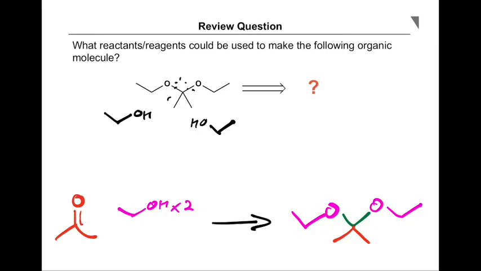Most important thing to focus on with these: how many carbon-oxygen bonds do I have right here? 2. How many carbon-oxygen bonds do I have right here? Also 2. That helps you identify where the carbonyl was. It's now masked. This carbonyl center here is what we're dealing with. It is not that. It is not that. Those two are my alcohol centers. Those only have a single carbon-oxygen bond. Those are the alcohol fragments. Whatever carbon is still attached to two carbon-oxygen bonds, this carbon here, that is my carbonyl.